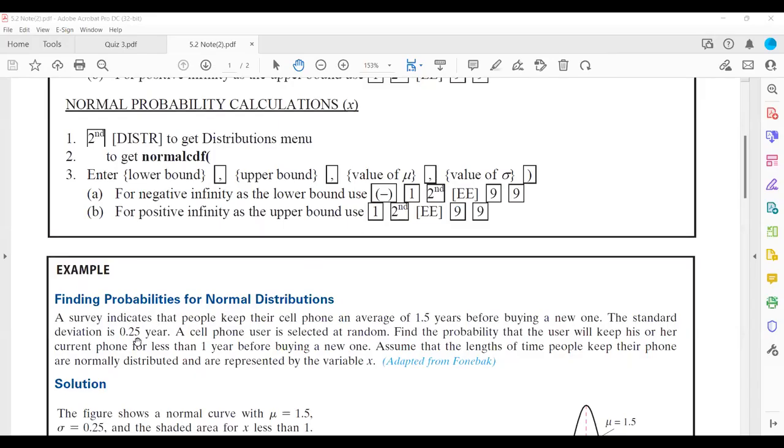Thank you, Kelly. So as you can see here, you have a survey. You're a statistician, you ran a survey, and you found that, on average,